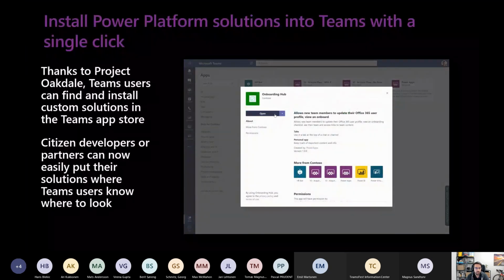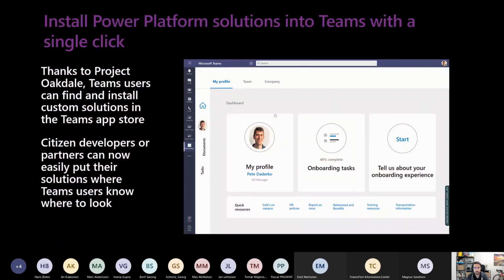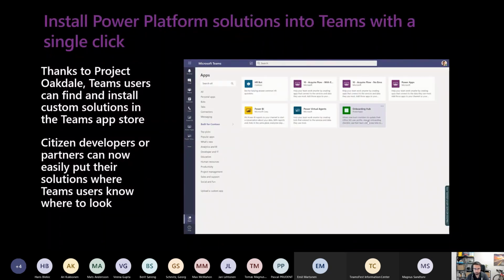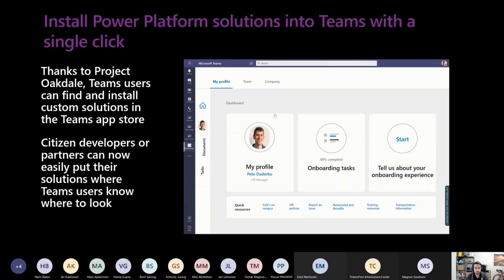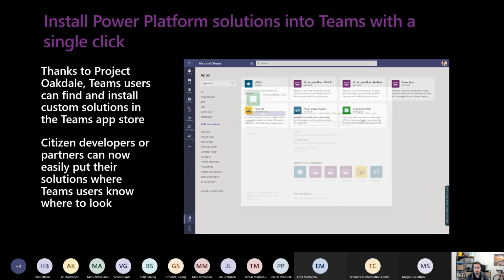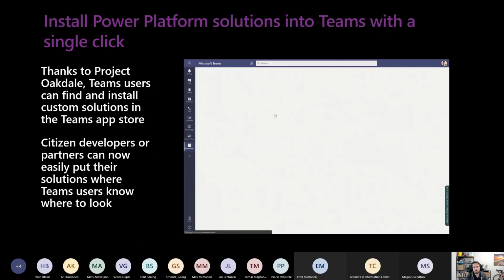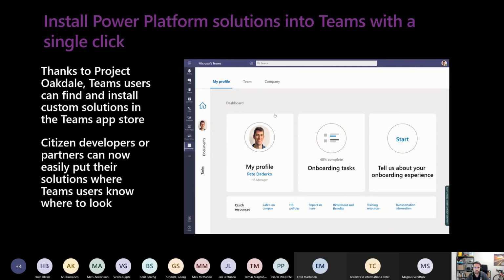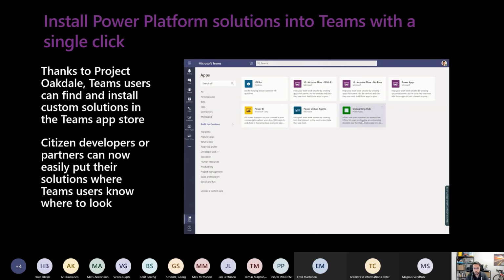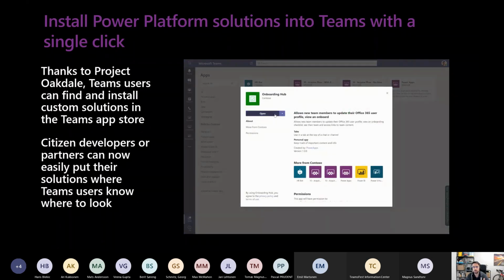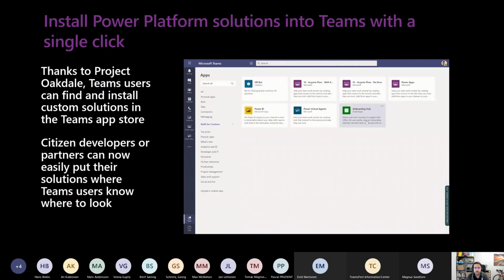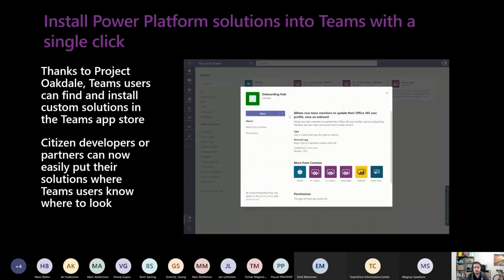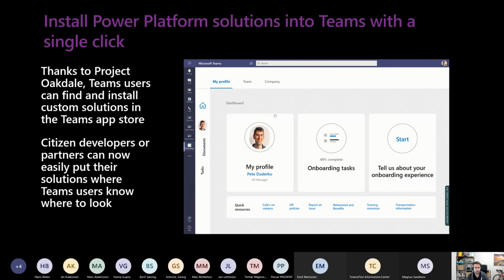Another thing, which I already mentioned, is the possibility to install a Power Platform solution into Teams with a single click. So we can create and publish a Power Platform solution that contains, for example, Power Apps applications, tables, flows, and other Power Platform components, and then just install it like another app for Teams.